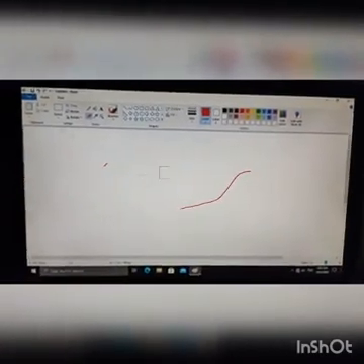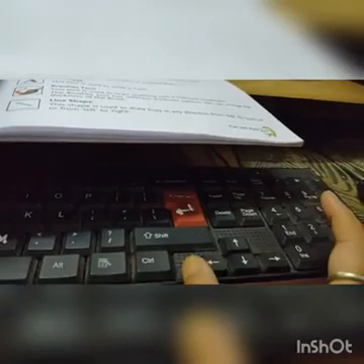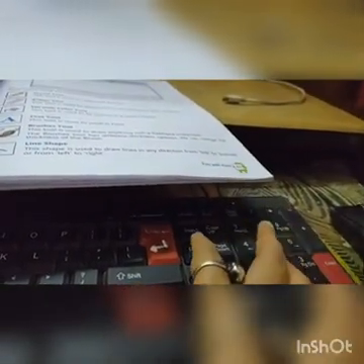See, I have increased the size and I can rub easily. And Ctrl minus from the num keypad. Ctrl minus, if you press, then the size of the eraser will be decreased. As you can see, it is decreasing, and with Ctrl plus it will increase.